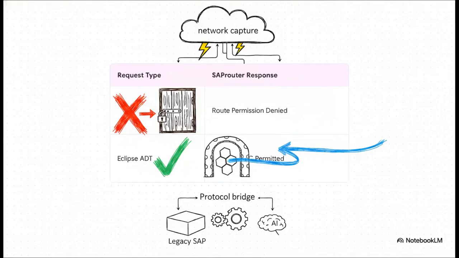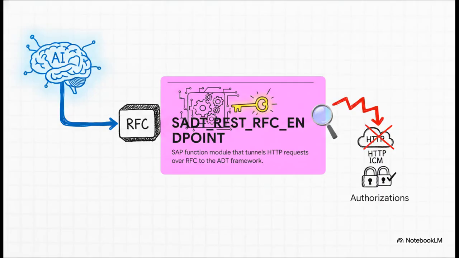To figure this out, we ran a network capture to intercept the traffic. Look at a raw HTTP request. The router evaluates it and immediately slams the door shut. Route permission denied. But when Eclipse ADT traffic hits that exact same router, gateway and RFC routes are magically permitted. The traffic flows right through. This network postmortem proves something absolutely critical. Eclipse abandons plain HTTP entirely. Instead, it wraps its payload in a completely different protocol. It uses RFC serialization. The architectural skeleton key to all of this lies in a single standard SAP function module,